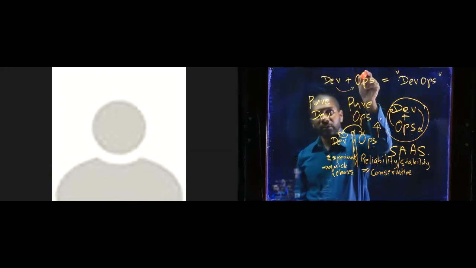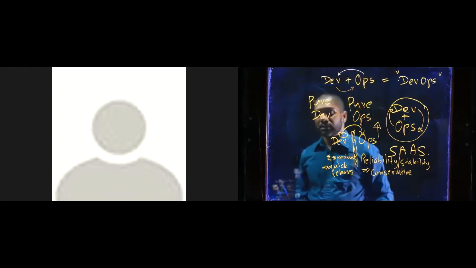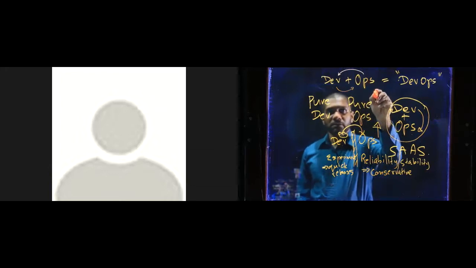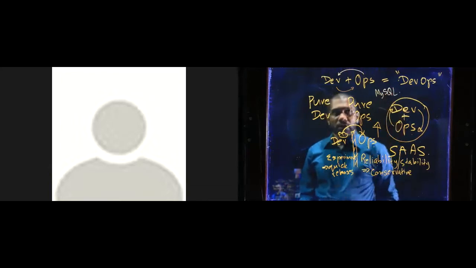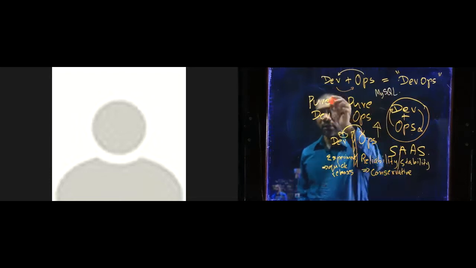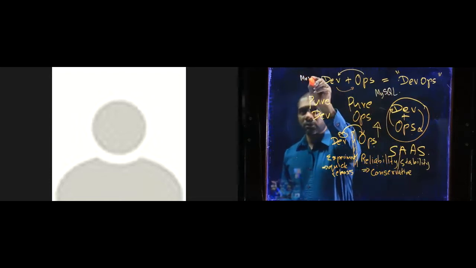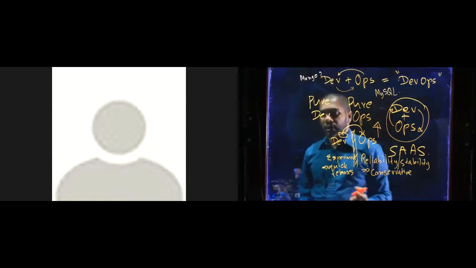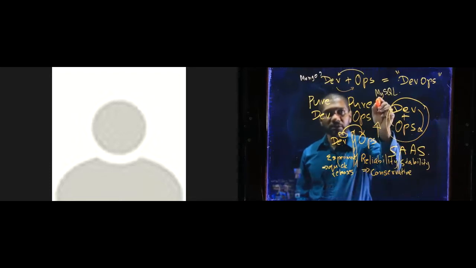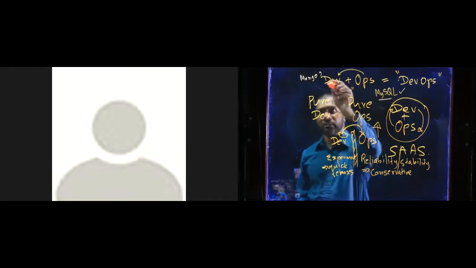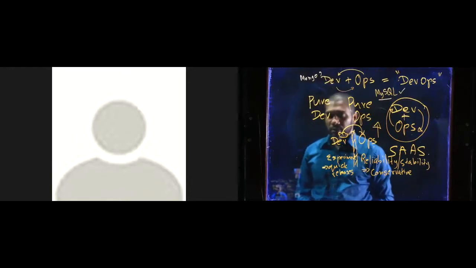And similarly, the operations team also has some say in development. So maybe the operations team knows MySQL really well. They have a lot of experience operating MySQL in production. And dev says, okay, no, we want to use Mongo. And the operations team can say, no, we can't do that right now, because we have good experience with MySQL. So please continue using MySQL for the time being, until we develop some experience running Mongo in production.